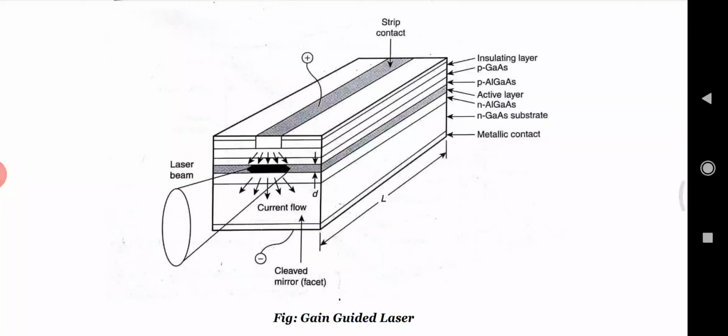Although the lasing occurs only in a limited region of the active layer beneath the stripe contact, where a high density of current flows. And this horizontal confinement of the light wave propagating through the active region is thereby accomplished by the small refractive index variation produced by the current generated population inversion. And if the light wave spreads in the horizontal plane outside the horizontal dimension of the stripe, it will be absorbed by the unexcited region of the active layer.